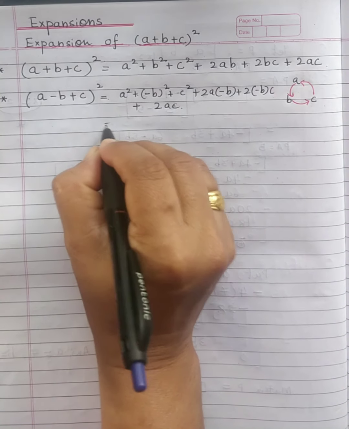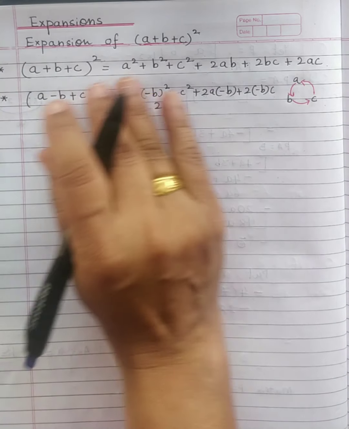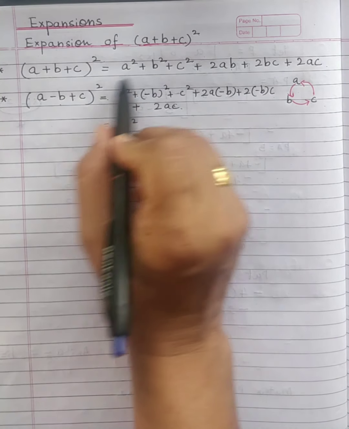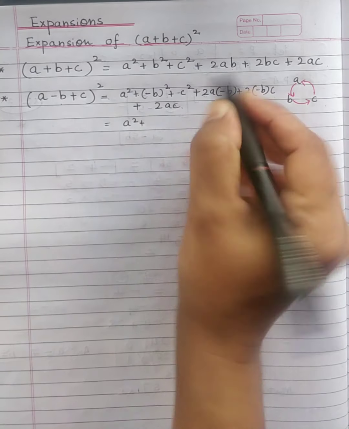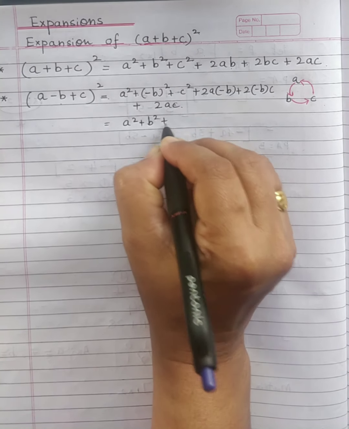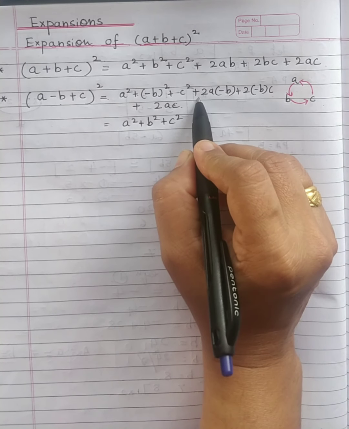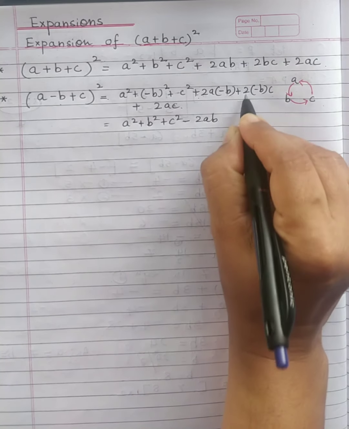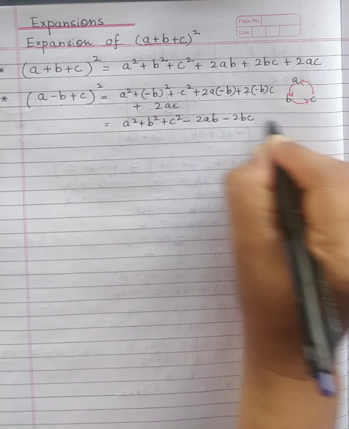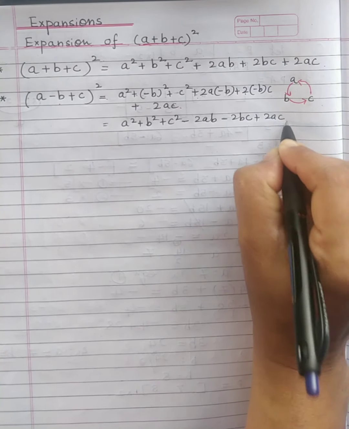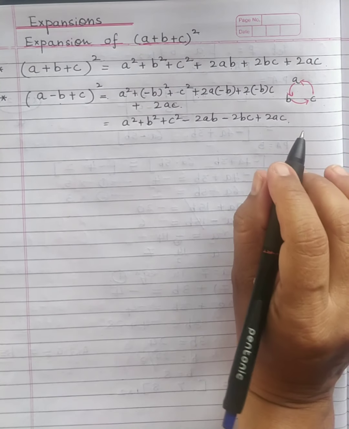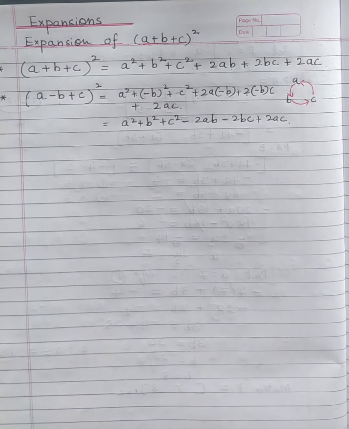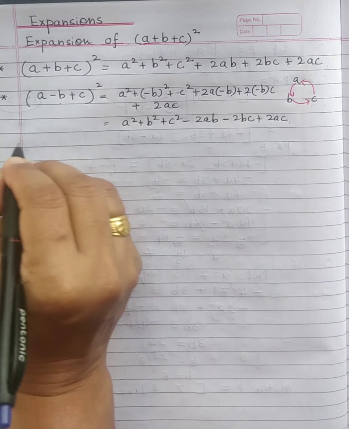So how is your expansion coming here? a square, first 3 terms are squared, so no matter which term is negative, the first 3 terms will be the sum of the 3 squares only, positive terms: a square plus b square plus c square. Now here is the change. Plus will become minus 2ab, this will become minus 2bc, plus 2ac. So just the application part we have to work out carefully. You don't have to remember so many formulas. Remember only one formula. Let's see the textbook question now to expand.